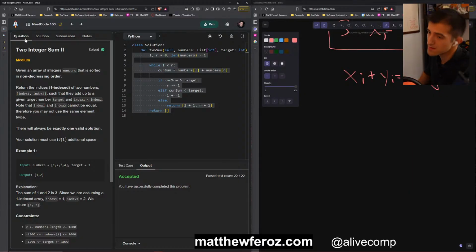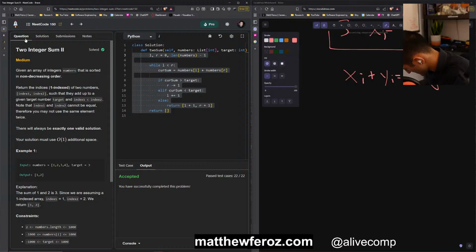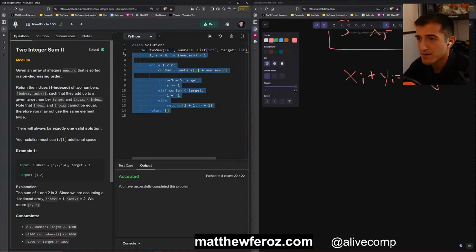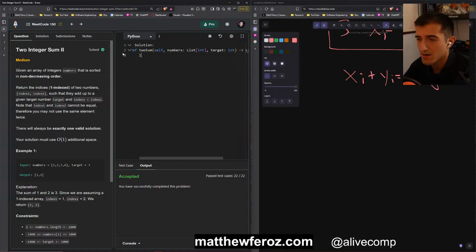Okay. Let's see if that was right. Oh, actually, it's not the current sum. It's target. Whoops. Target. Yeah, that makes sense. I don't know why I said current sum. Okay, so L comma R equals 0 comma length numbers minus 1.